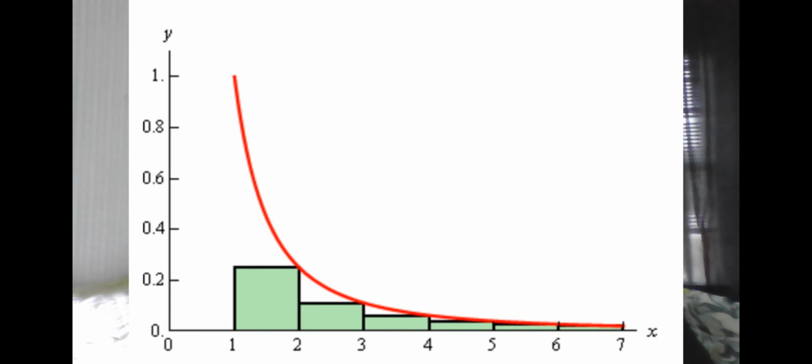We can see, because any finite value is less than infinity by definition, any integral with a finite value of n as the upper limit must be less than an integral with infinity as the upper limit. This in turn implies that a sum that starts at i equals 2 rather than 1 must be less than this infinite integral. We remember that we started our proof with the assumption that i equals 1 rather than 2,